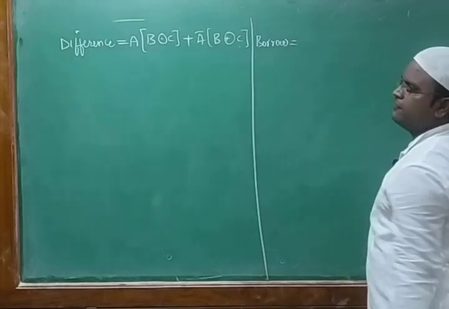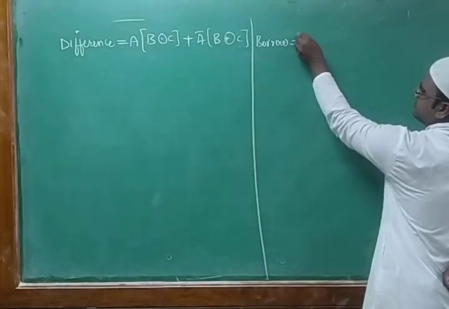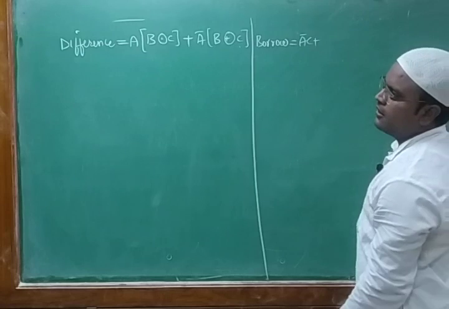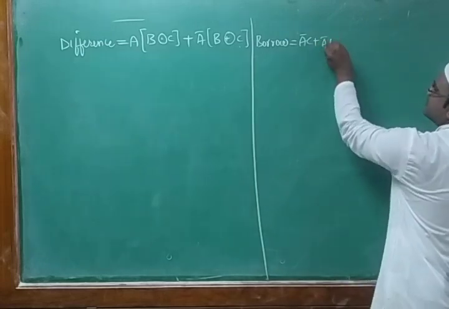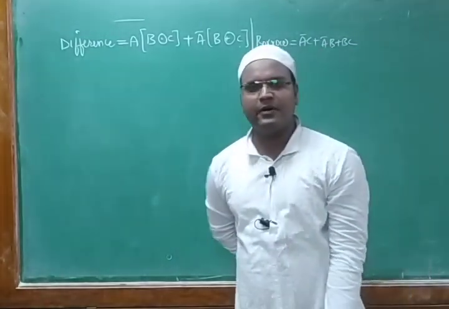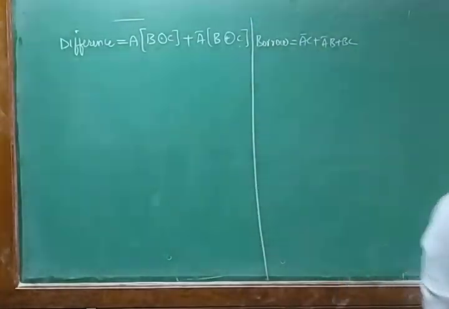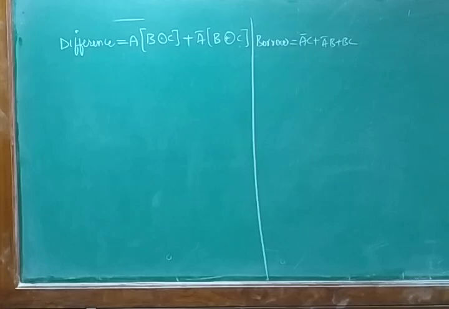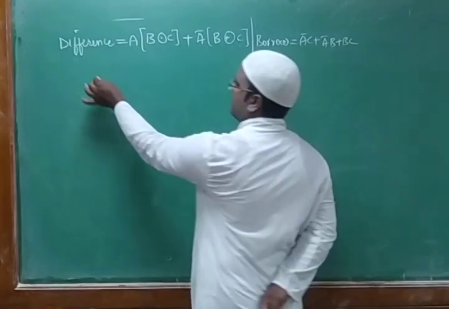So borrow, I do have A complement C plus A complement B plus BC. So I do have these two. So I am writing borrow and I am writing difference. Next thing, I need to write its value for it. So how do I write the value? By taking the gate level design. So by using the gate level,